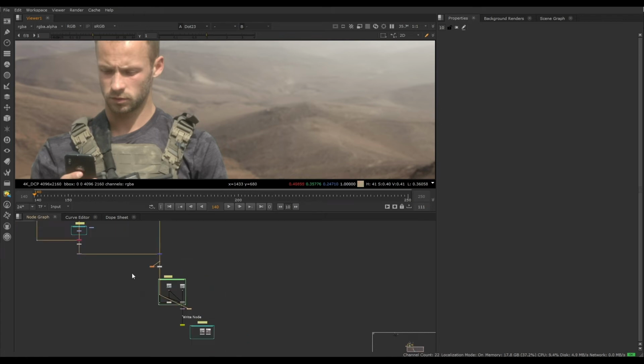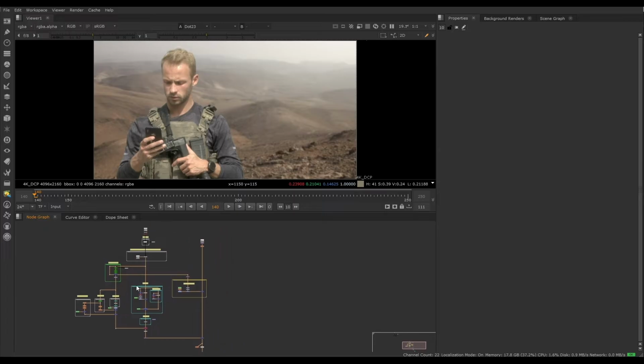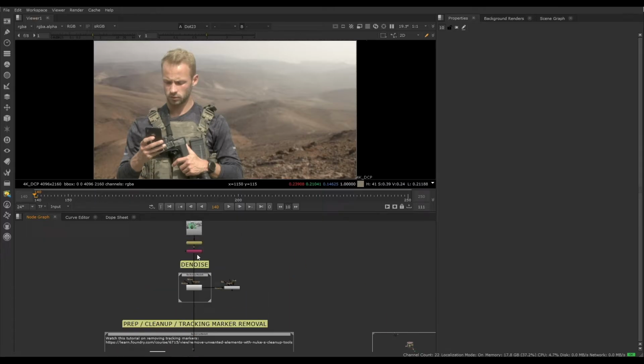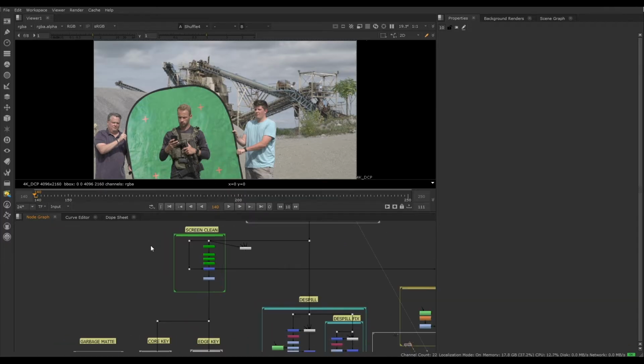So in this tutorial, I'm going to show you step by step how you can do this. Whatever plate you have, this tutorial will enable you to fix multiple issues that you might come up with. I'm also going to leave you with this script that you can use as a template each time you need to key. Let's start with a basic overview on how to key by looking at my template.